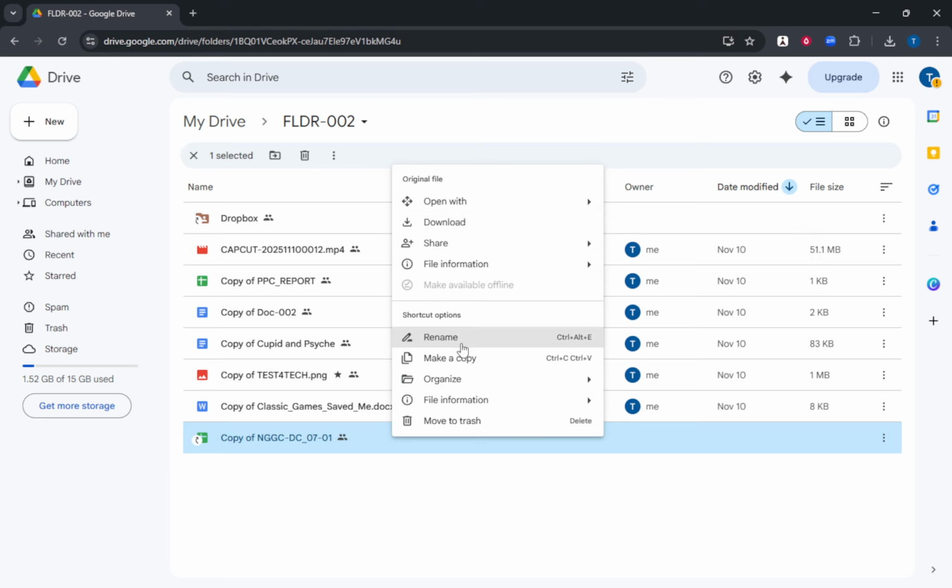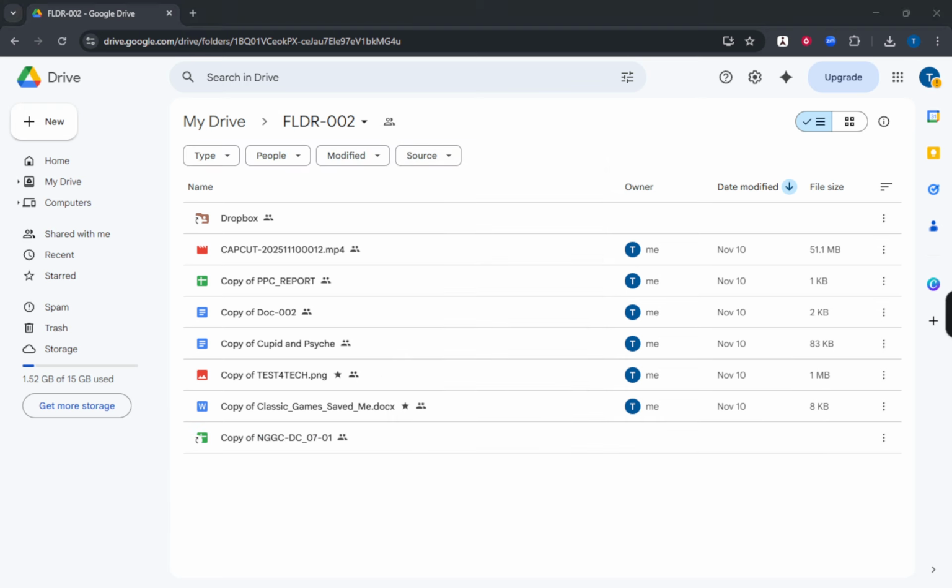I hope you found these tips helpful in optimizing your Google Drive experience. By employing strategic use of colors and shortcuts,